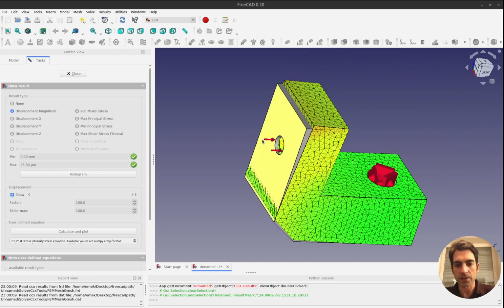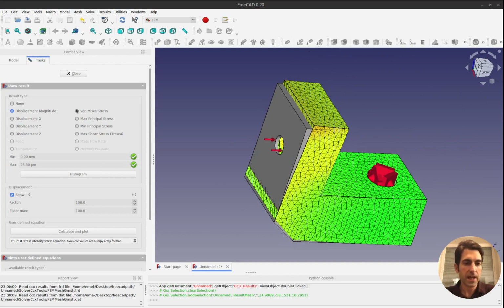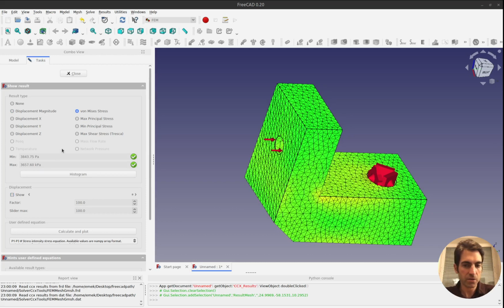This is fixed and this is bending. We can ask a more educated question and say, okay, what are the von Mises stresses? Now we see the distribution here, and we also see the minimum and maximum numbers. So 3600 kilopascal,